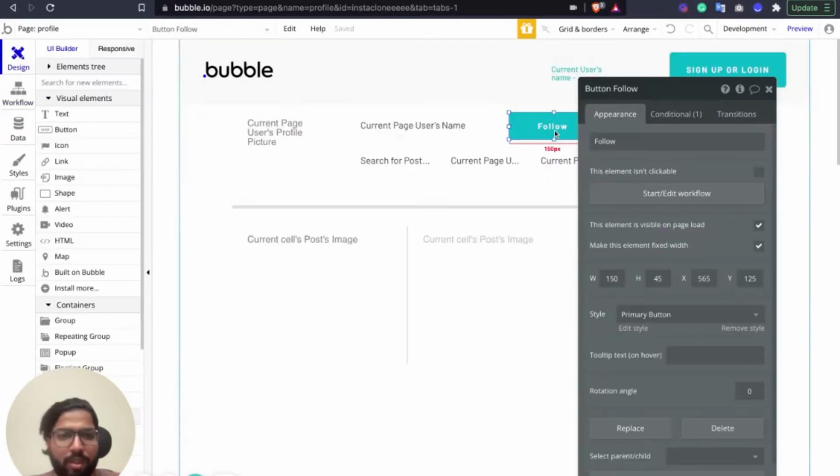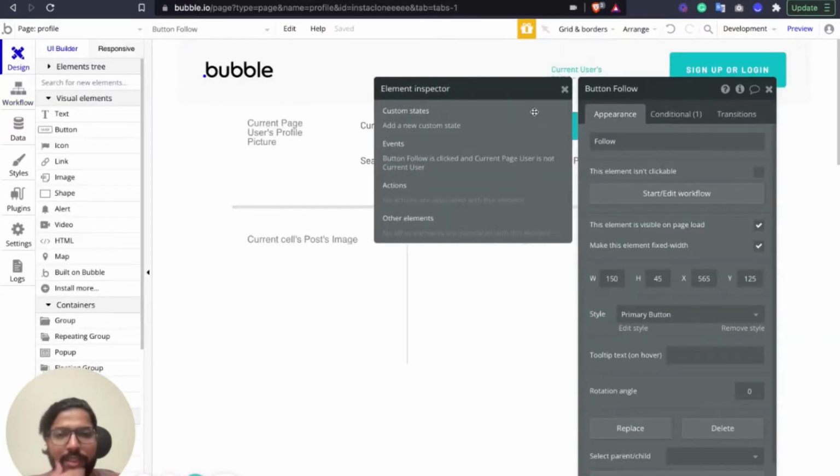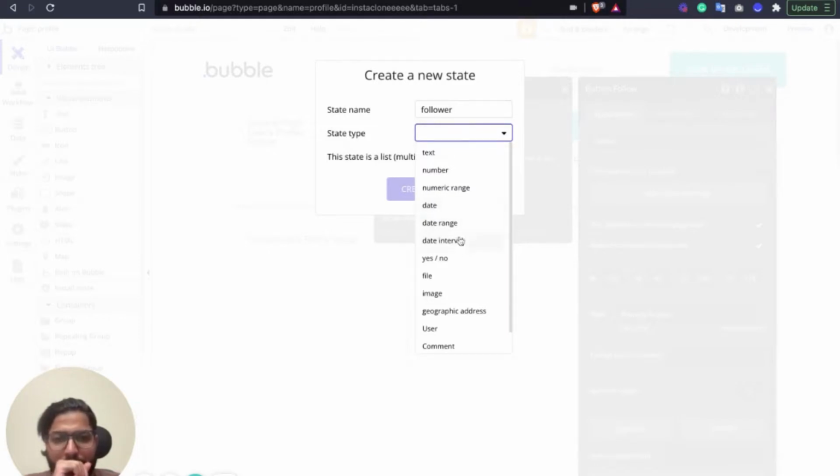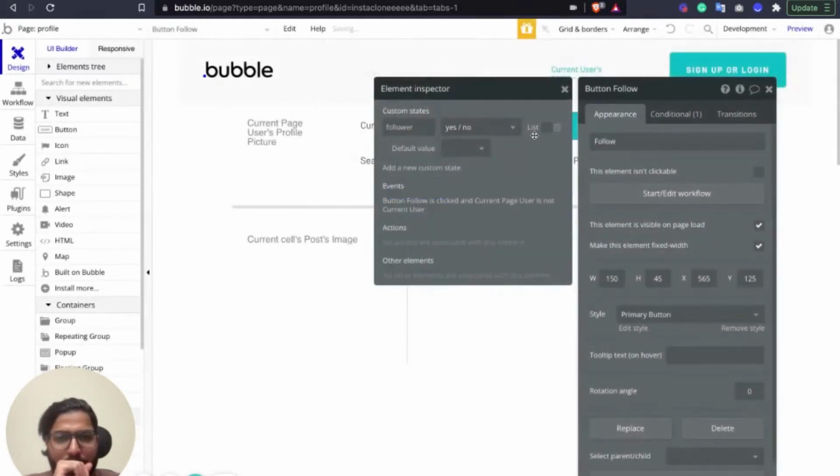And let's also have a custom state here stating, are you following this user or not? Follower, yes or no. By default it's a no, because whenever you reach any other user's profile page, you're not a follower by default, you need to click on the follow button.